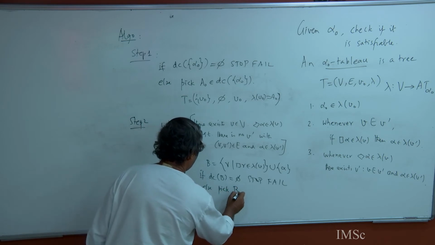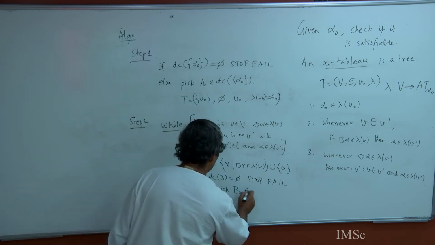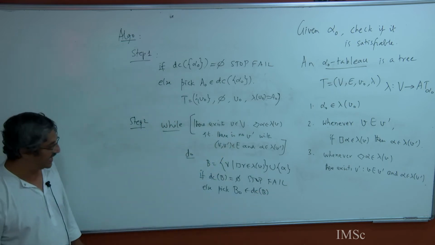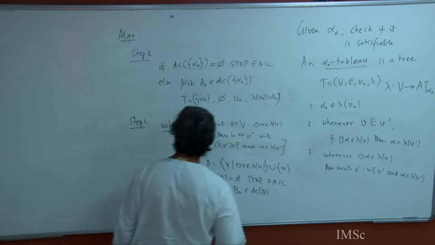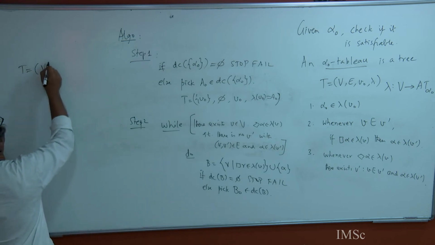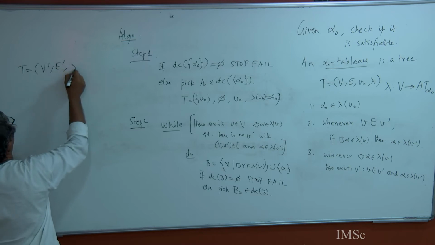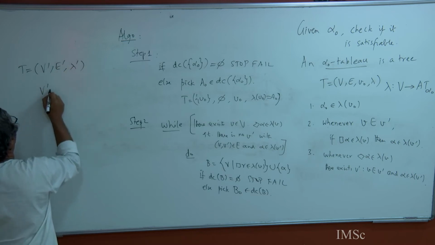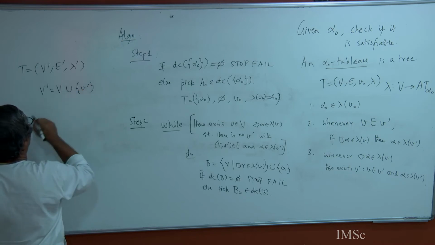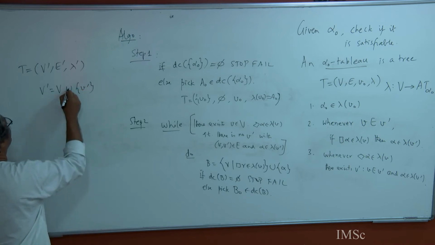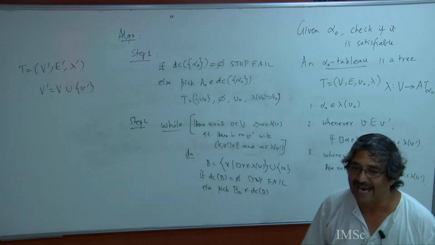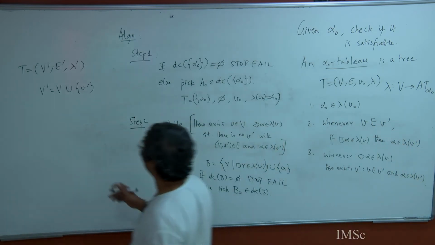Else, pick B naught belonging to the down closure of B, right? And now what is the new tree? T equals V prime, E prime, lambda prime. What is V prime? V prime is V union a new node. This is a disjoint union. Pick a new node, right? Add a new node, and E prime is